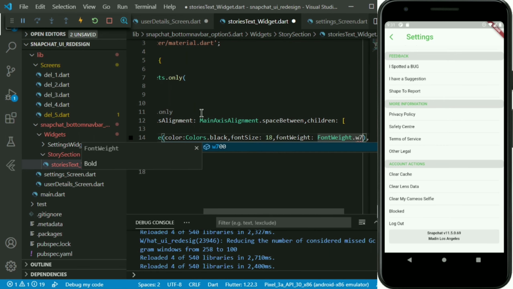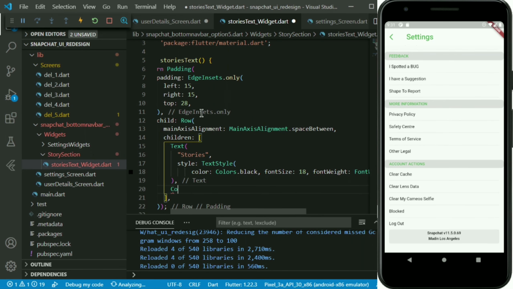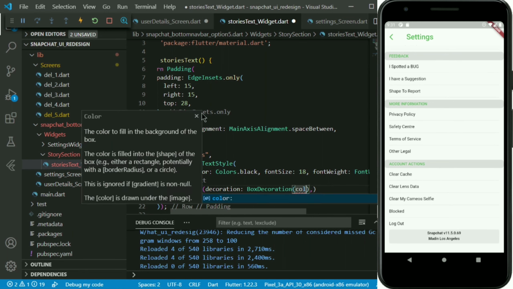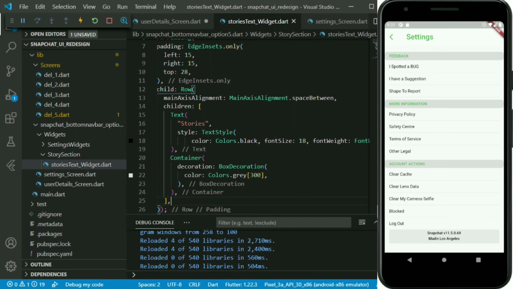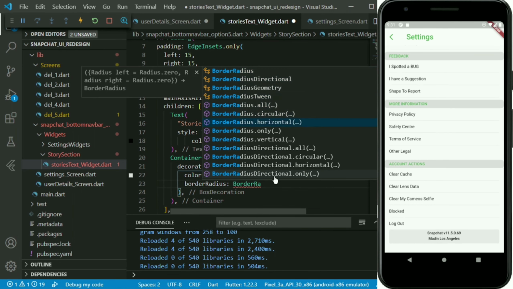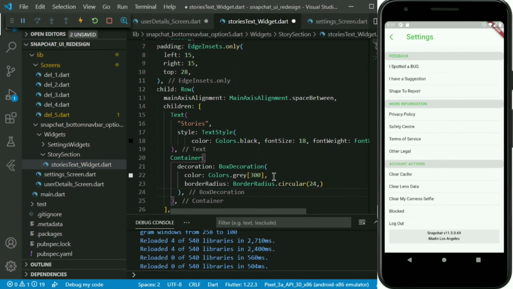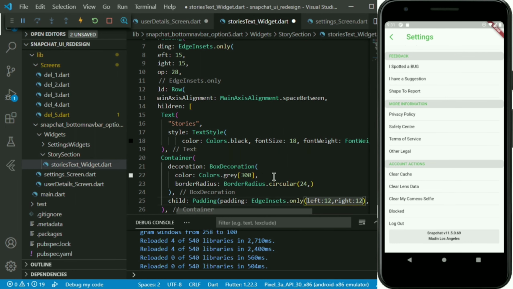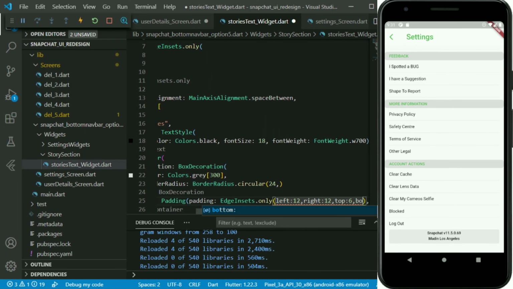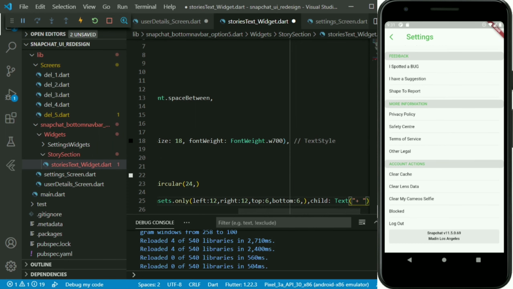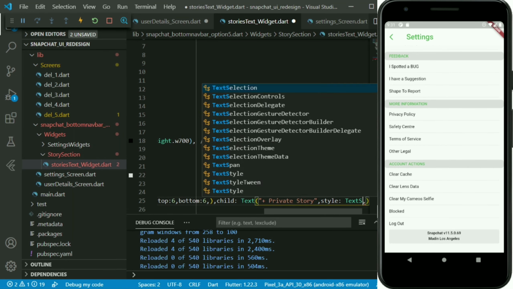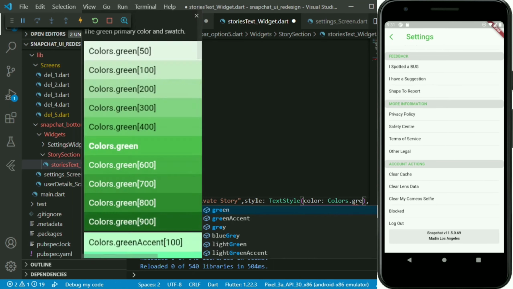In the row we have main axis alignment as space between, and for the first child we have a text saying stories, and for the second child a container which has a box decoration with a color of shade 300 and a border radius of 24, and it has some padding. And at last in this container we have a text which says private story with some text styles.